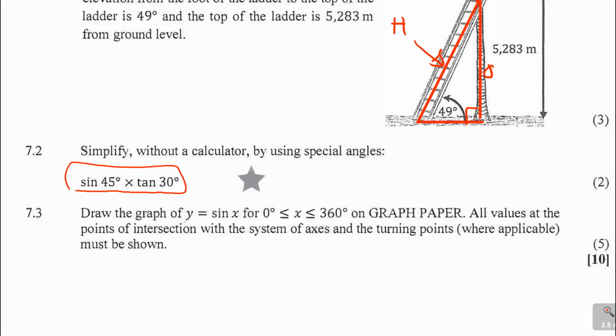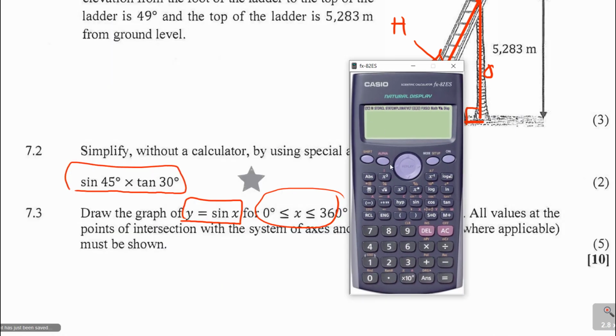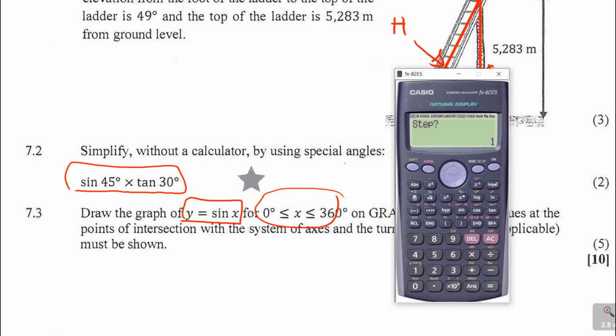And then draw the graph of y is equal to sine x for angle between 0 and 360 on graph paper, and then it says all values of the point of intersection with the system of axes and turning points where applicable must be shown. Guys, I also show you how to use your calculator to draw this graph. Look, they're saying y is that, so you say mode 3, then you say sine, then say alpha x, close the bracket, say equal to, then you start from 0, then end at 360, and then step, I usually advise 15, but in this case